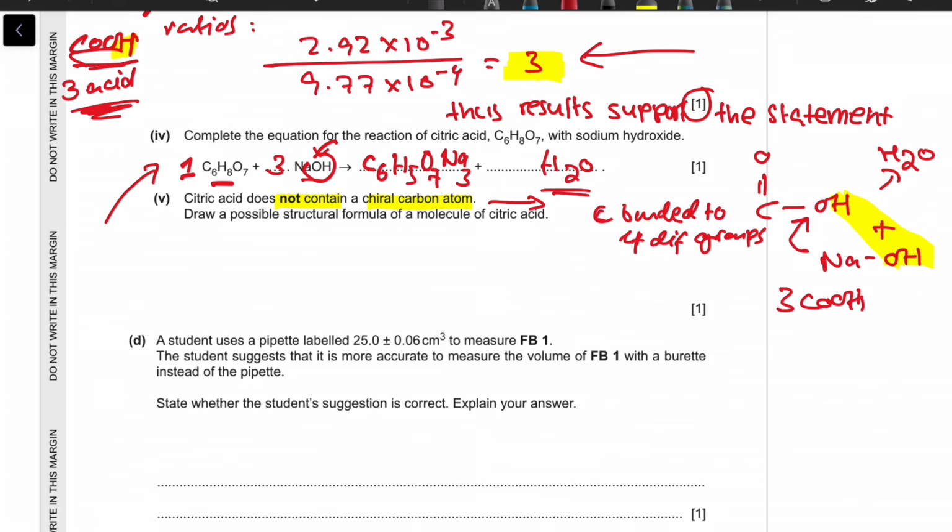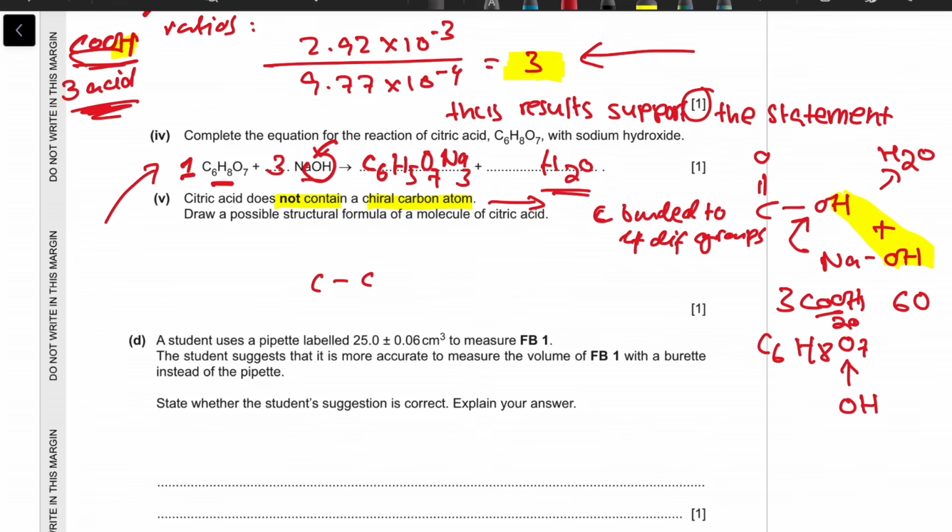If we look at the formula, we have C6H8O7. COOH has 2 oxygens, and if we have 3, then there's 6 oxygens. That means there's an extra oxygen group. What this would mean is it's probably a hydroxyl group. And if we draw this out and it aligns with the formula, then we've got our correct molecule. So I'm just going to start with